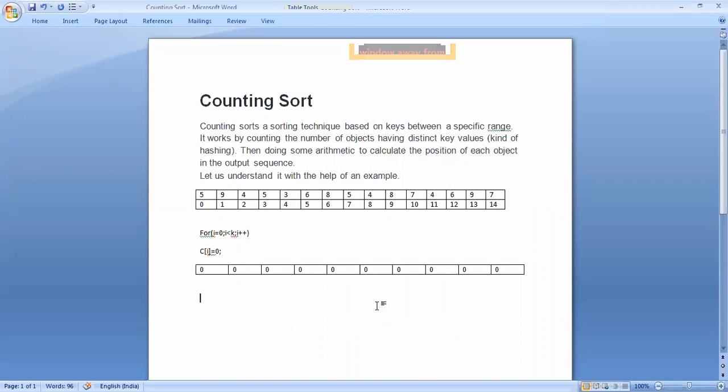Next, what we'll do: how many elements, suppose one, how many ones are there? So next our duty is counting how many ones are there. Suppose here one is only one. No, here no one is there. Here no one is there, so it starts from three. So three, how many threes are there? So just the number of frequency. Here we count the number of frequency.